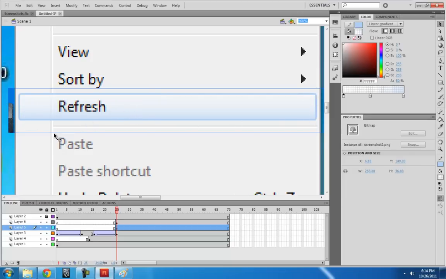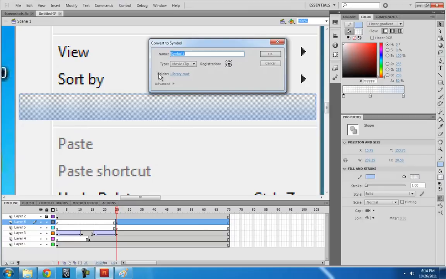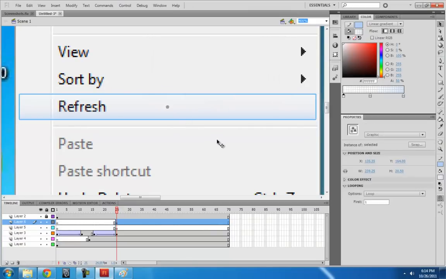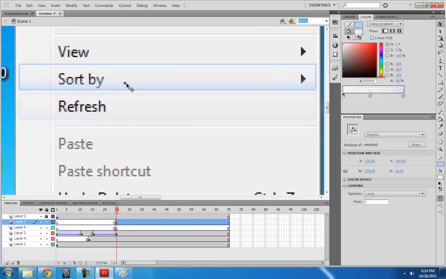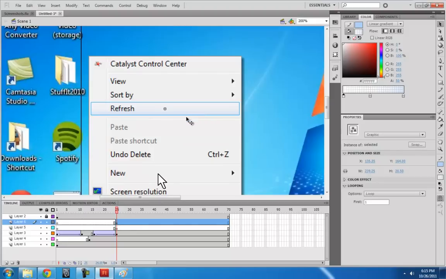Alright, so now we don't need the screenshot anymore, so let's get rid of that. And let's take this and turn it into its own symbol, call it selected. Yeah, and now we have something we can just move around and use over and over again. Alright, so